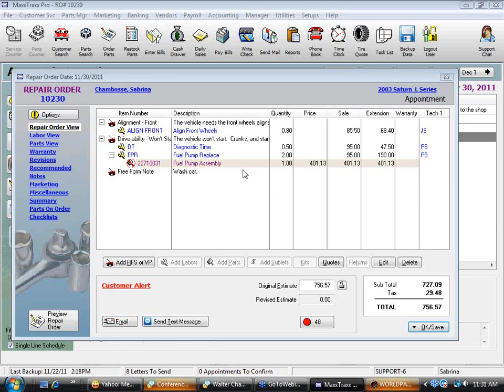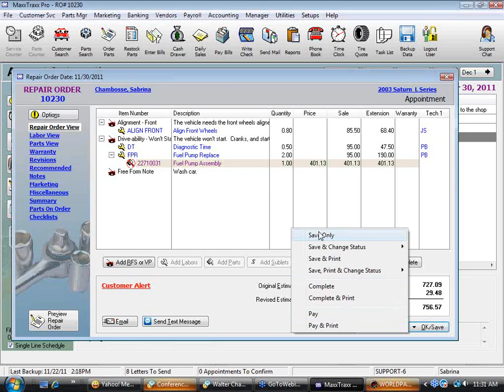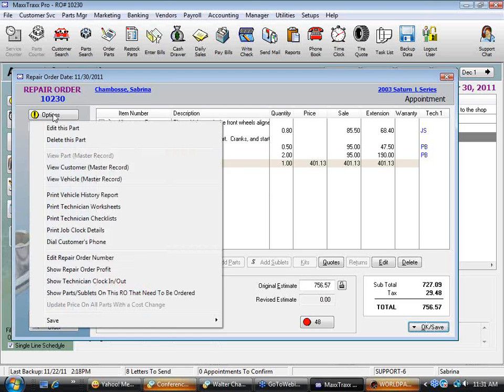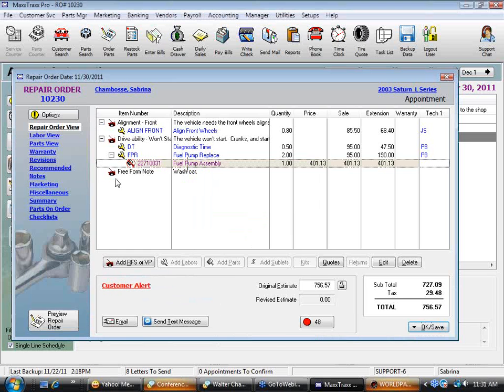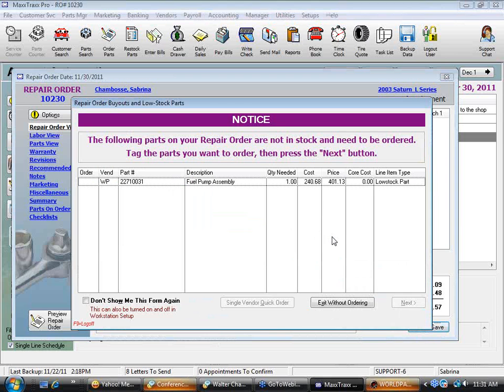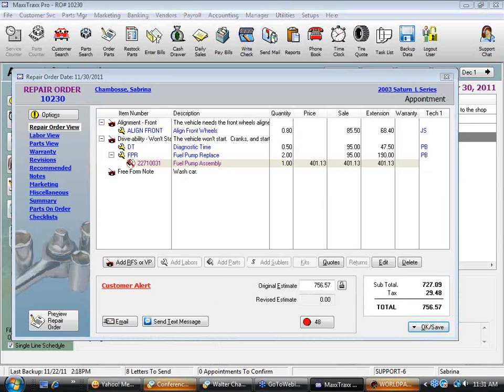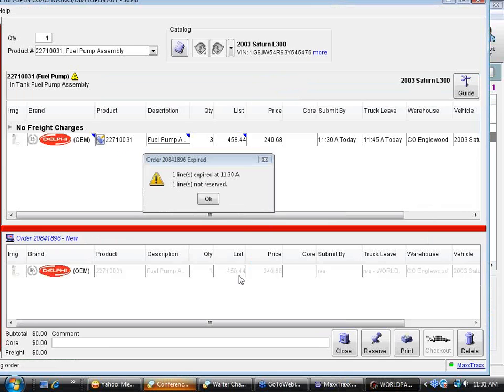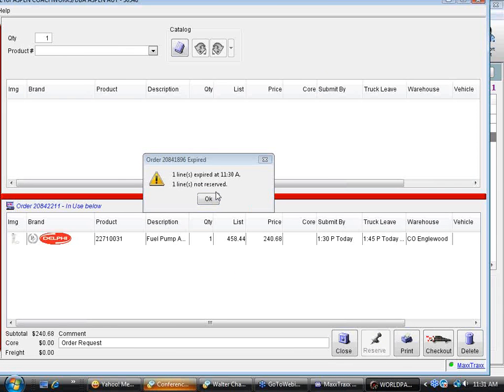So check this out. I love this feature, guys. When I just click OK Save to exit, this is part of my workflow. Or if I were to click on options and say show parts on this RO that need to be ordered, either way. Oops, let me see. There it is. It says the following parts on your repair order are not in stock and they need to be ordered. So tag the parts you want to order and press next. So I click in the order column. See, it already says vendors, WP, WorldPack. And I can click single vendor quick order because I know it's WorldPack. And it's going out to, okay, so now it